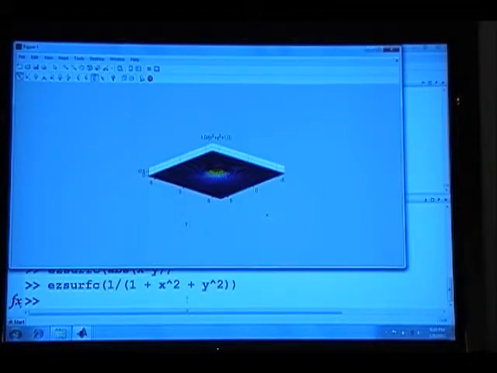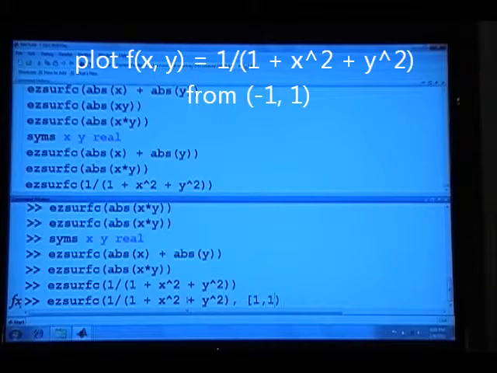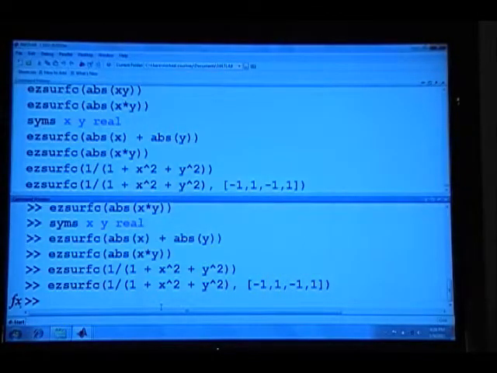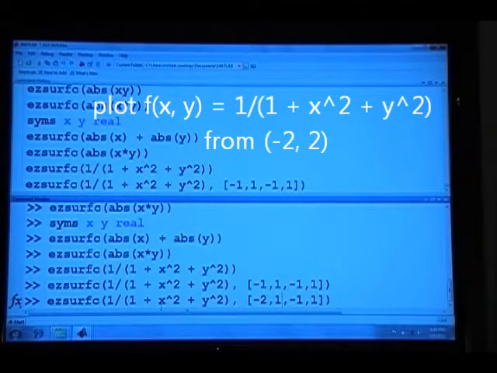the picture, but we can actually adjust the x and y ranges, and if I recall correctly, the syntax for that is putting the 1 comma, well, I think we need -1 comma 1 comma -1 comma 1, and I think that'll adjust the x and y ranges to -1 to 1 as we replot it. So this is a little closer to what's in the book, and the book didn't give us the scale, but